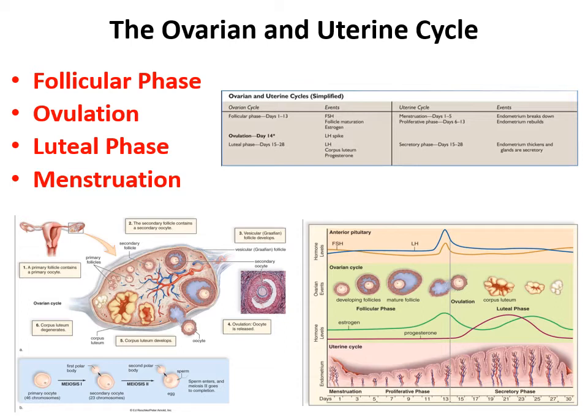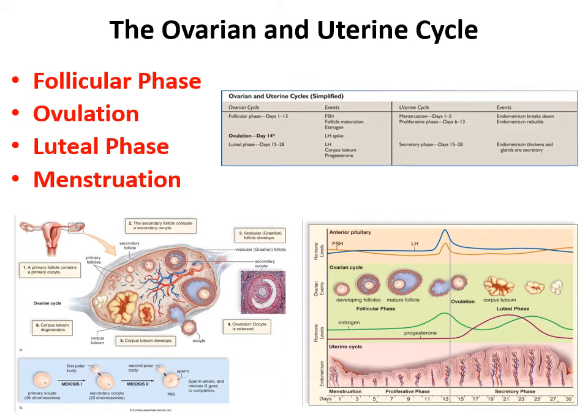In ovulation, the follicle bursts and releases an egg that then enters the oviducts or the fallopian tubes. So you see that bursting over here, and you have the release of an oocyte, which is another fancy term for an egg cell, that releases into the oviduct or the fallopian tubes.